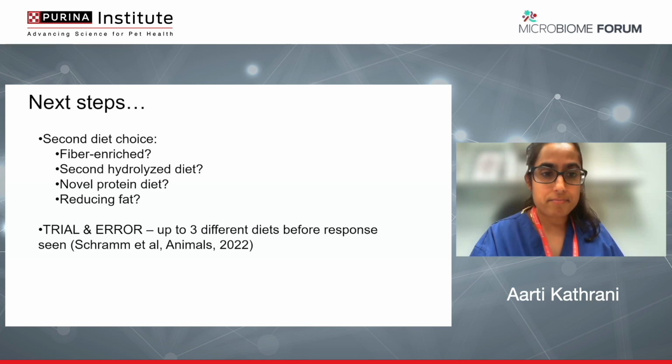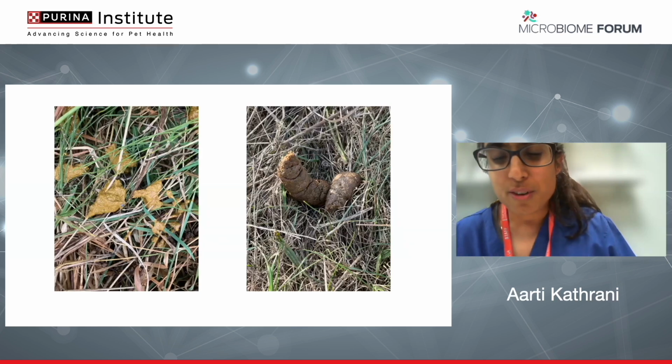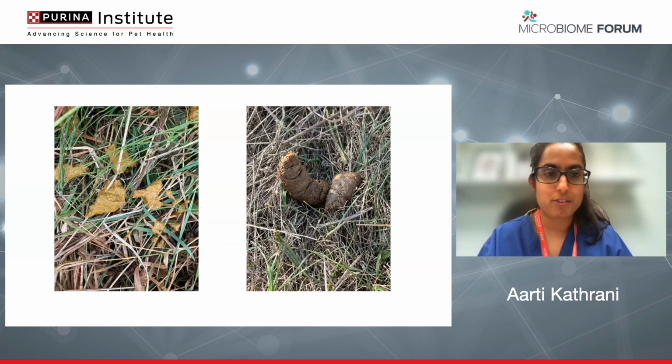This is a trial and error approach, and we're trying to find clues in the history and the diagnostic investigations that help us determine what strategy is going to work and what's not for the patients. But at the moment, we don't have that information, so it is trial and error. But there is a study that shows up to 3 different diets may be needed in some dogs with chronic enteropathy before a response is seen. And that's really important to relay to the owner so they don't get frustrated when you recommend a second or a third diet. So we switched this dog over to fiber enriched,